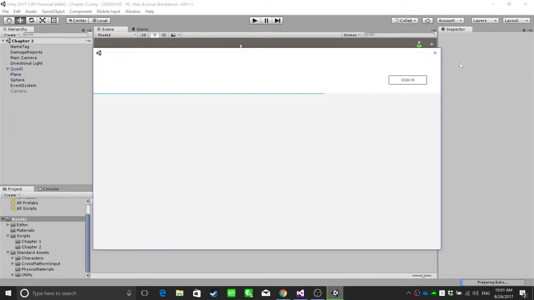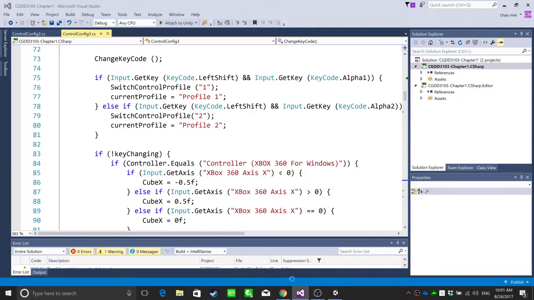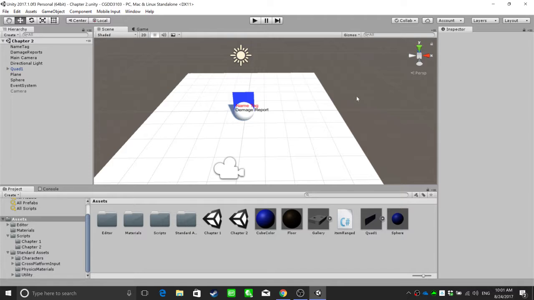Alright, so now let's go to a new chapter. In this chapter we will talk about the UI. So yeah, the scripts in this chapter are going to be a little bit simpler than what we talked about